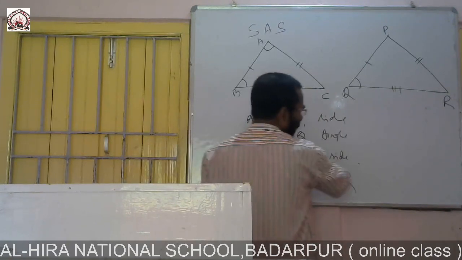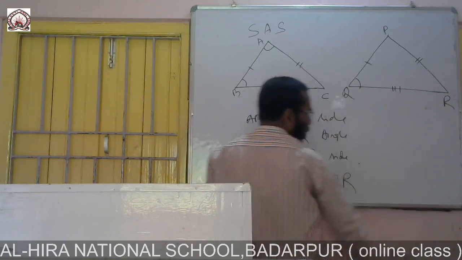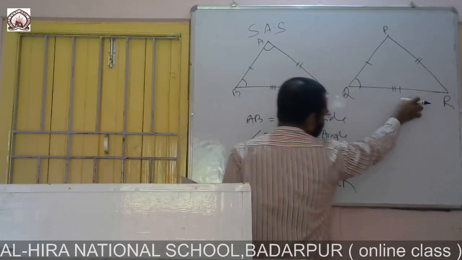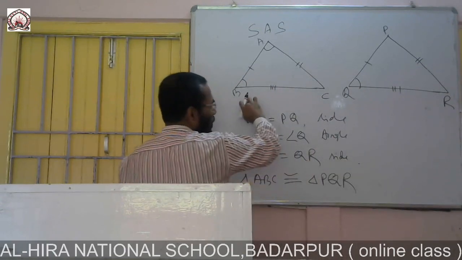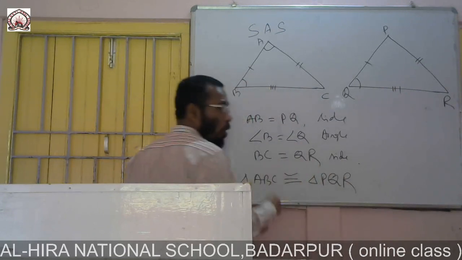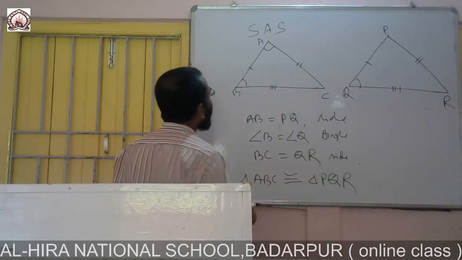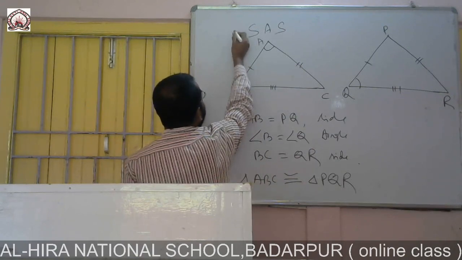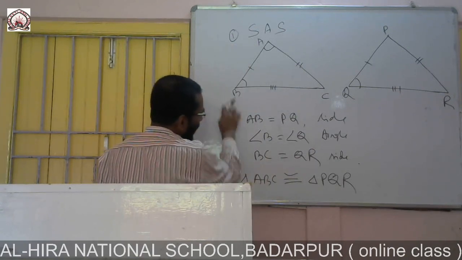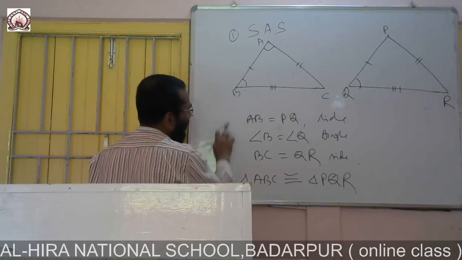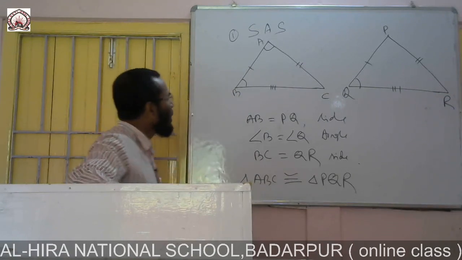Whichever I discussed earlier is the congruent property: these three sides are equal to those three sides, and these three angles are equal to those three angles. But beyond the congruent property, there are four conditions. First one is side angle side. So this is the criteria of side angle side.